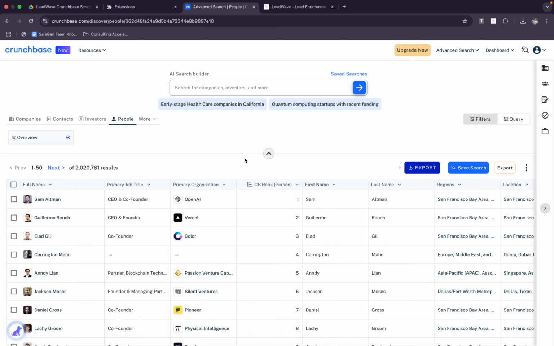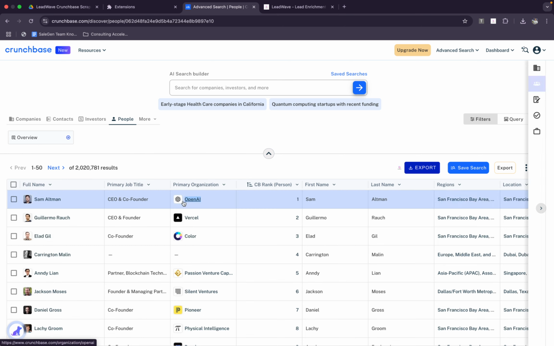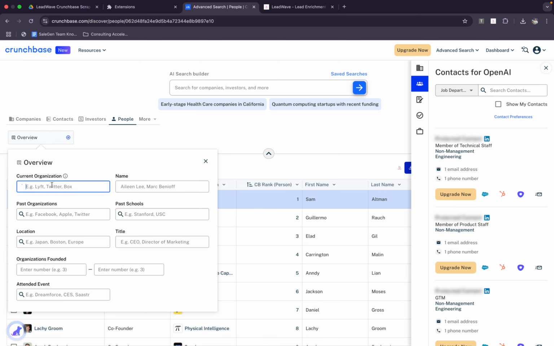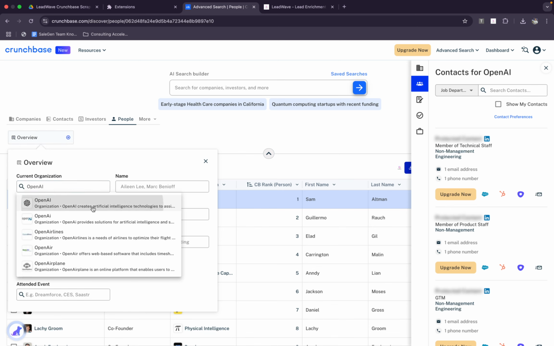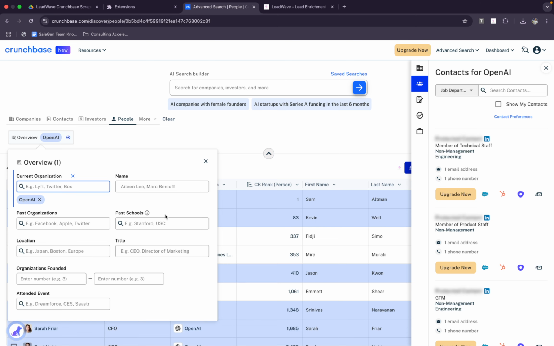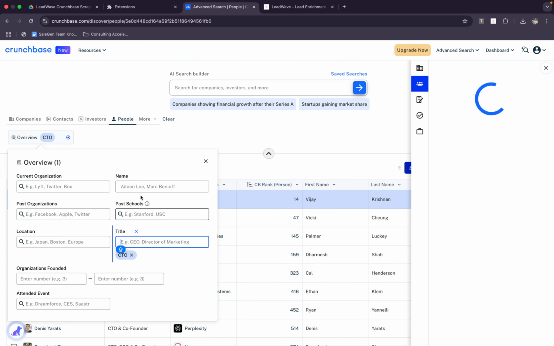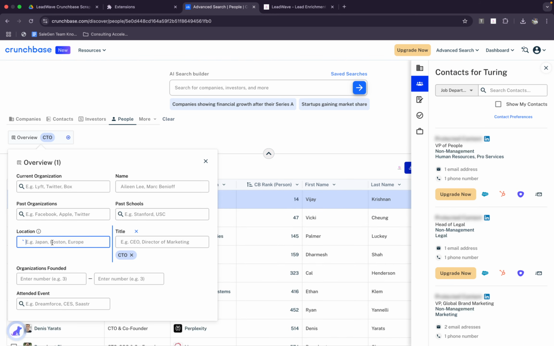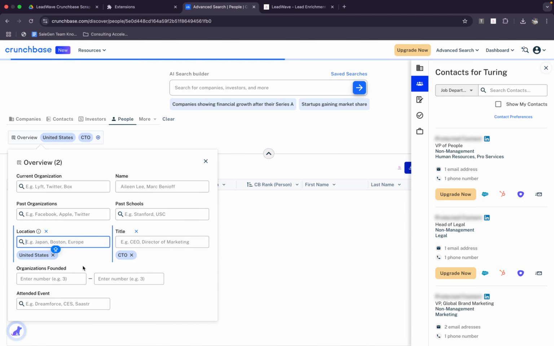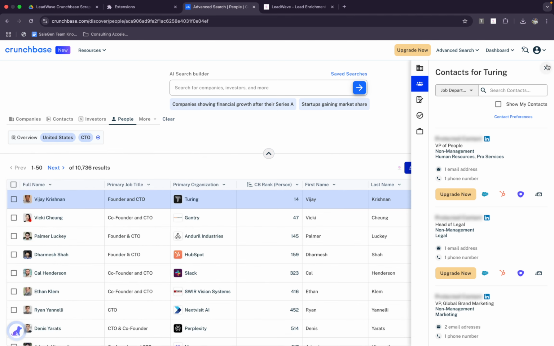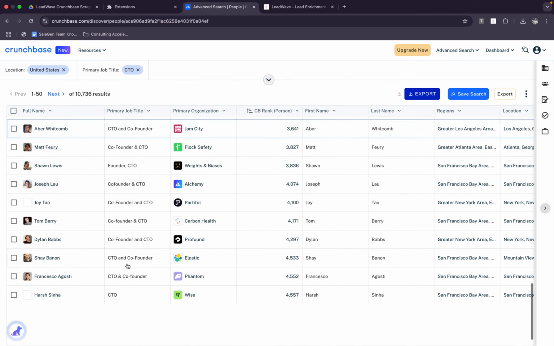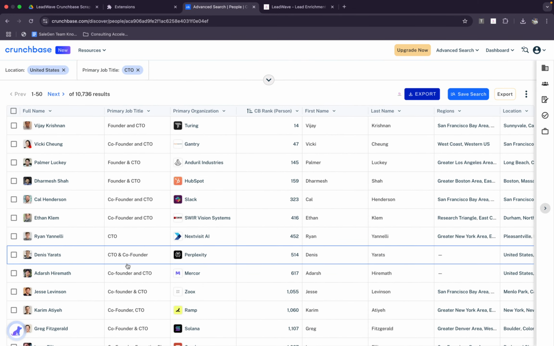What's the name of the company? OpenAI, right? So you can enter the name of the company whose employees you want. You can enter them one by one, or you can simply enter the titles of the people. Let's say I want CTOs and people who are based out of the US. You can simply enter that, find CTOs and everything, and then we have around 10,000 results as you can